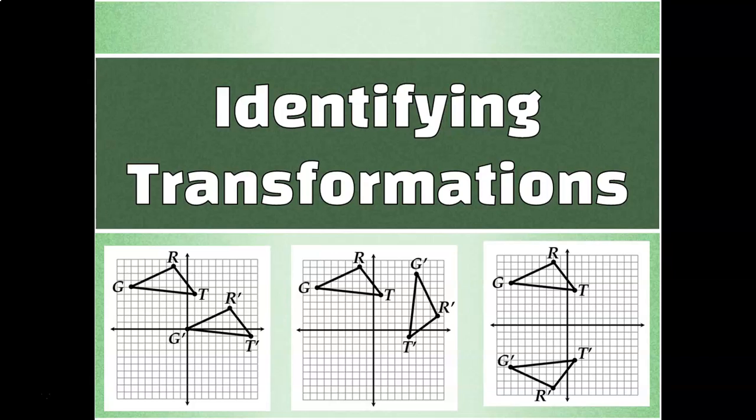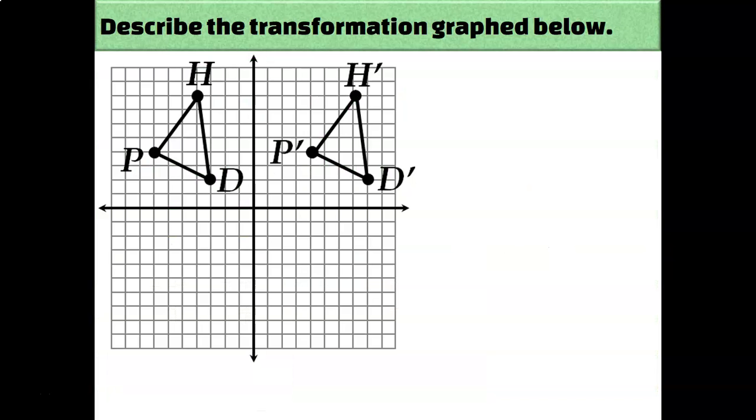So in this lesson I'm not actually going to teach you anything new. There's not really any notes to take. We're just going to look at a bunch of examples of transformations and decide what happened. Was it a reflection? Was it a rotation? Translation? What was it? When you're looking at a completed transformation like this, the easiest place to get started is